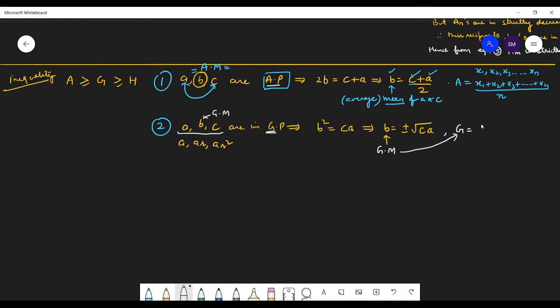Okay. So geometric mean, suppose you have the numbers up to n. Geometric mean, as I told you, is normally used for percentages. So when you have percentages, you use GM. So G is equal to the nth root of x1 into x2 up to xn. So it is the product of all these numbers and the nth root of it. So students, that's your choice, how you write it.